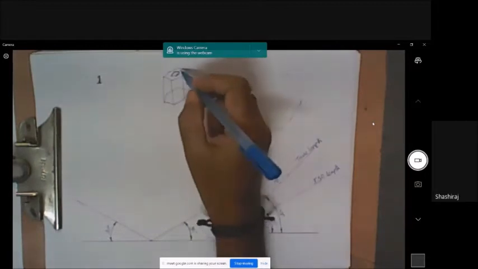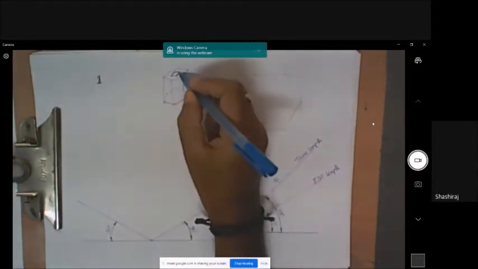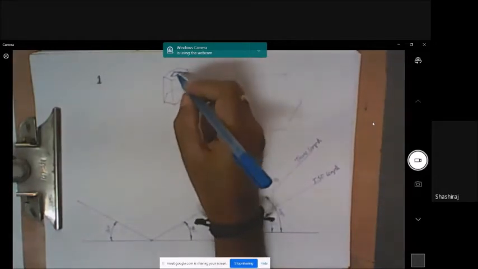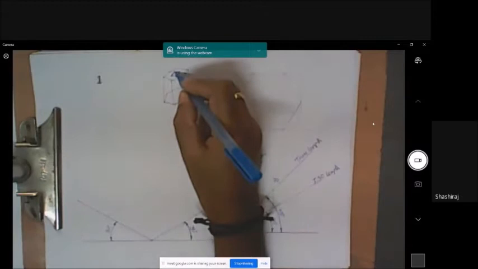And one more thing is, when you draw this face, this is actually a cutout. There is no material inside this. It looks like this. It's a square hole. So there will be one edge here which will be visible. Okay, this much is visible.